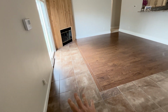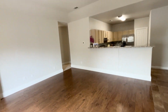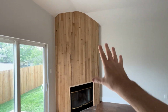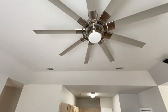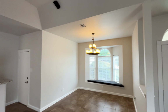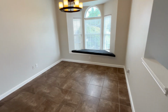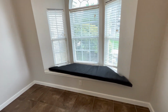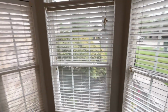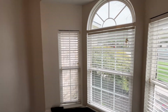So we start with this tile here in the front, and then we go into some natural hardwood here for the living room area. Really cool back area against the fireplace. This is not gas, this is real firewood. Pretty tall ceilings, massive fan, LED light. And then you can see that they had the surround sound speakers that are still here, so that's great. Over here we have our dining area, really cool light fixture here with the candles, fake candles I should say. The bench, I do wish we had more view. You can't really see much because of that bush. I mean, it's good for privacy, but